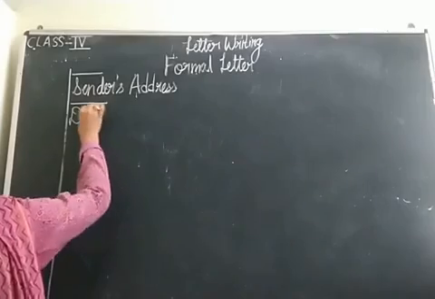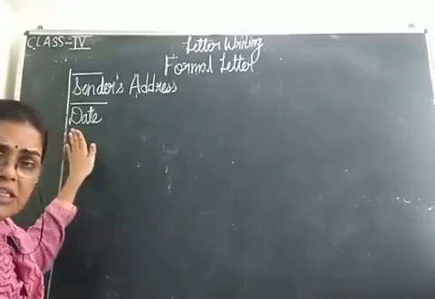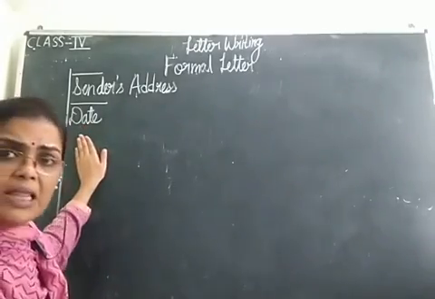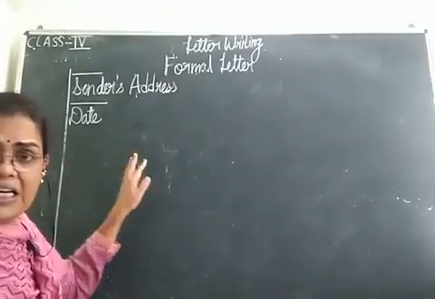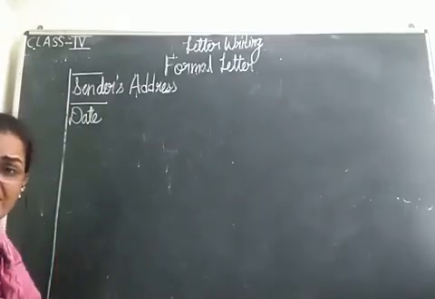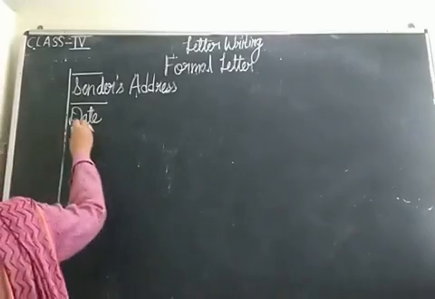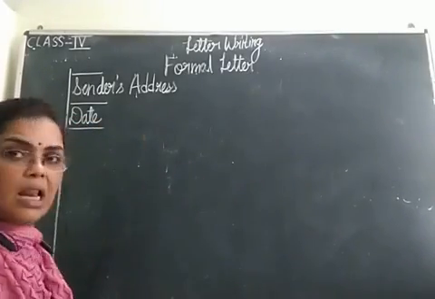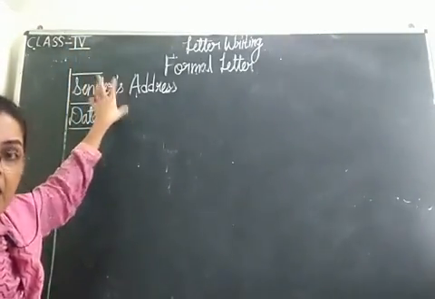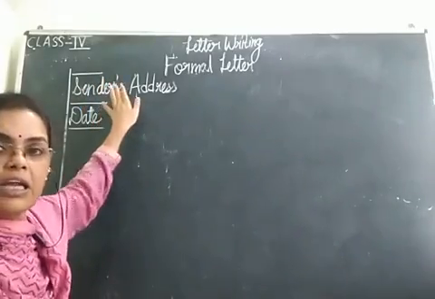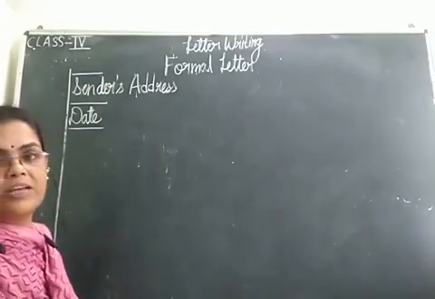Then you need to write the date. And date doesn't mean that you write DATE. Date means first you need to write the name of the month, then the date, then the year. Do not write the word date. You have to write the proper date of that day. Then after writing the date, leave again one line. And when you write your sender's address in 2 or 3 lines, ensure that you do not leave any line in between the address. Wherever I am drawing a line, there only you have to leave the line.